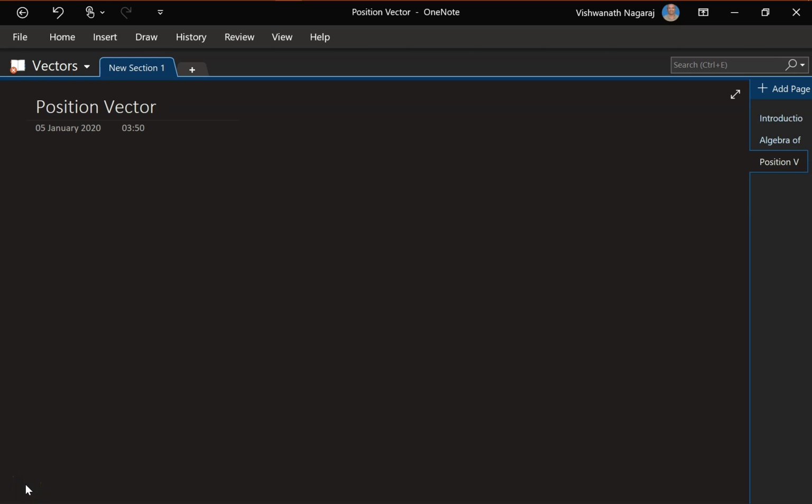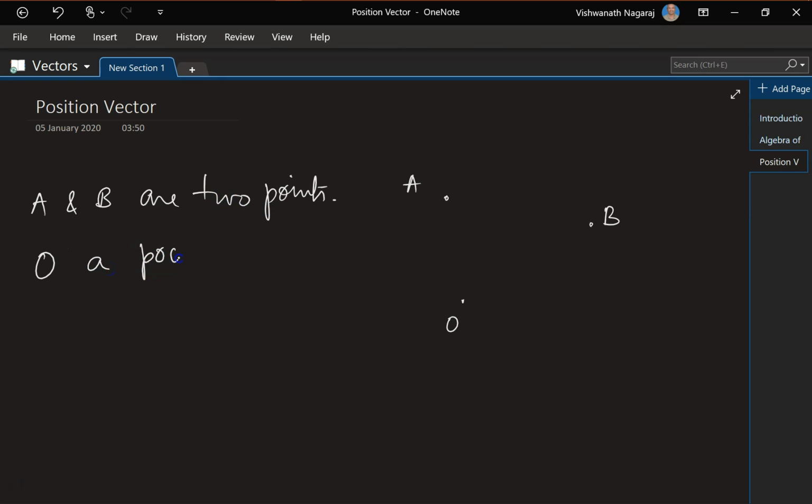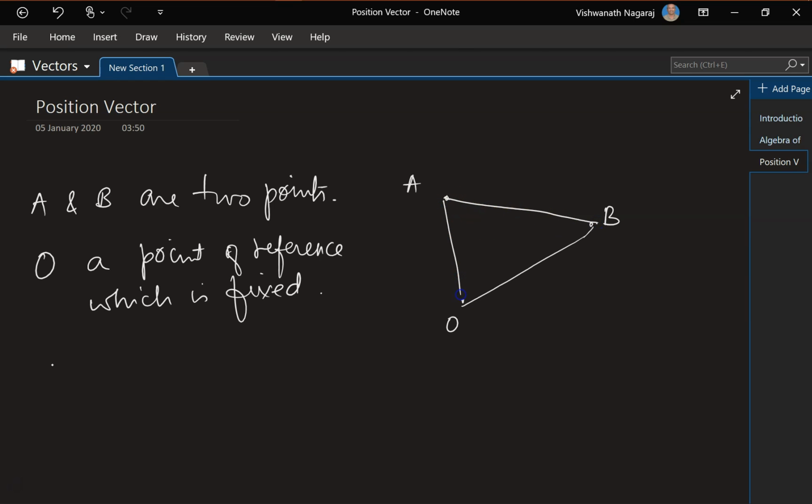Position vector. Let's say you have 2 points, A and B, and there is another point O. This O is a point of reference which is fixed. Now if we form a triangle OAB, then AB is equal to